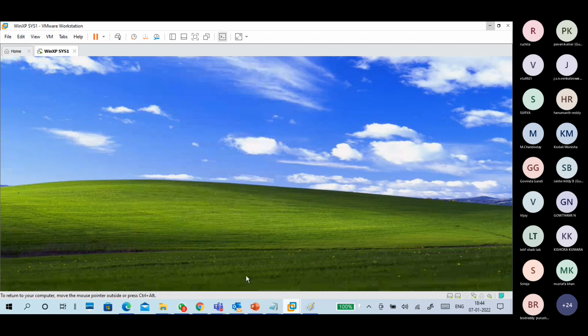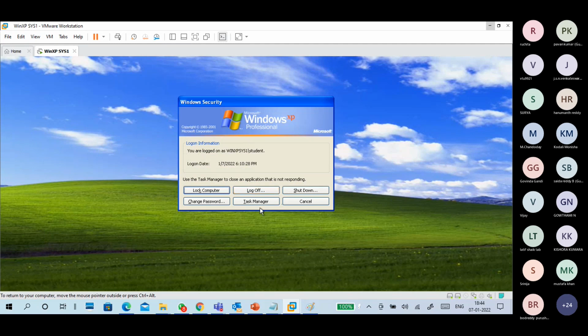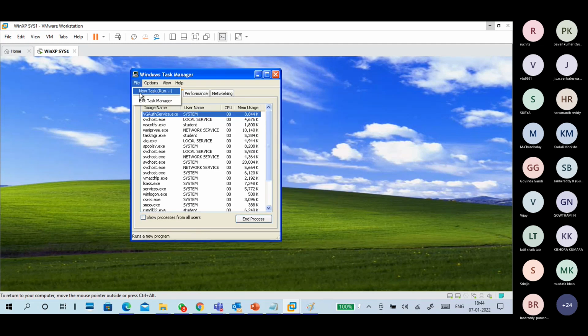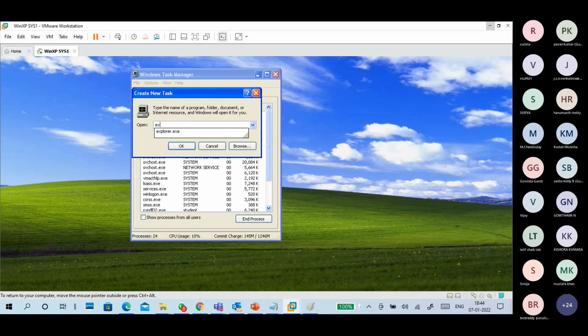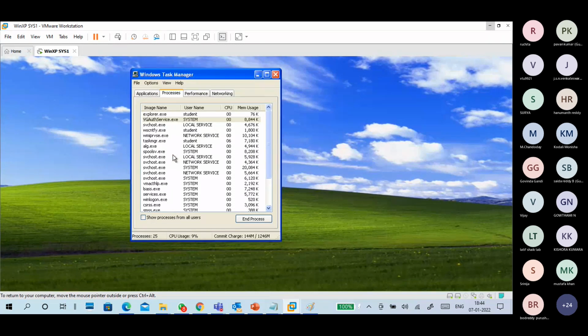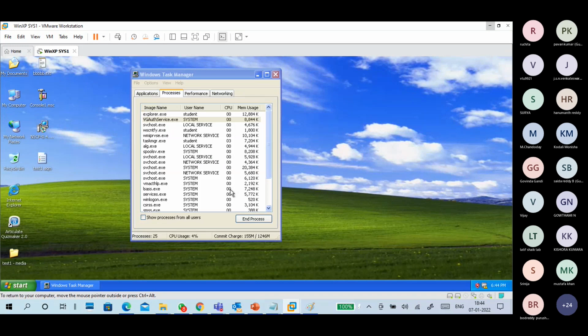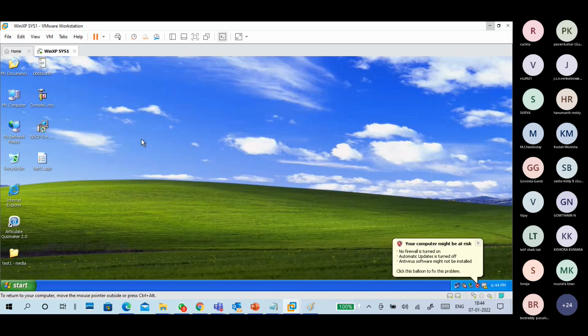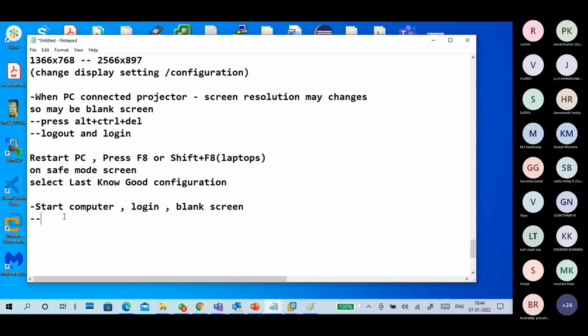Like this. See? No toolbar, no icons, nothing is there. How to solve it? Go to Task Manager, go to File, and put explorer.exe. So it is already there. Now it has come. The explorer.exe will give you the icons on your system, your taskbar, start menu, all the environment. It is provided by explorer.exe. Okay, so there is a possibility